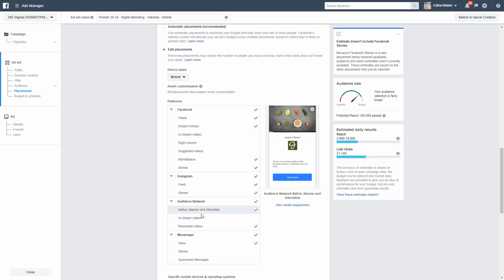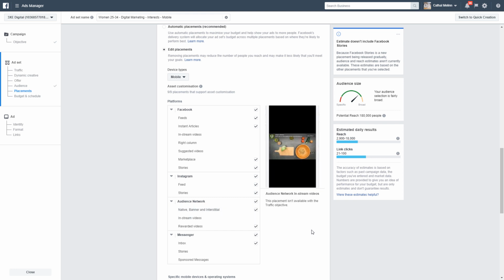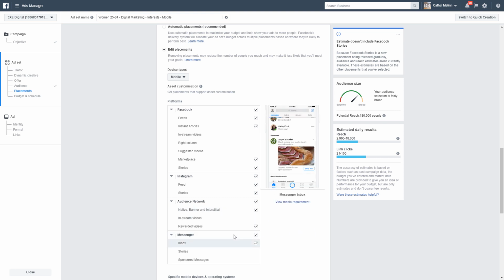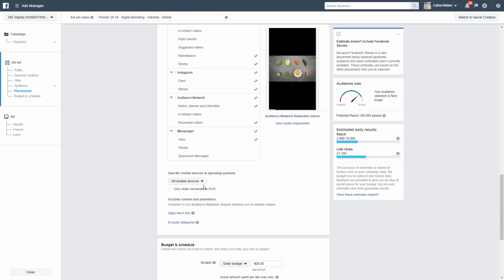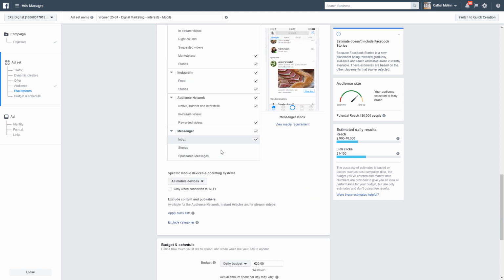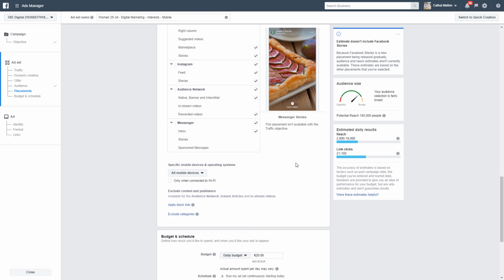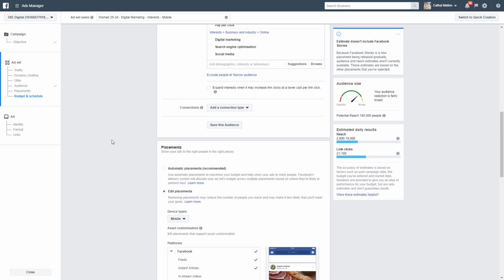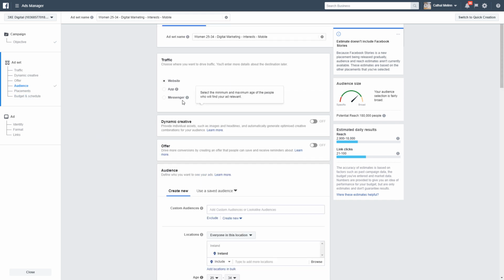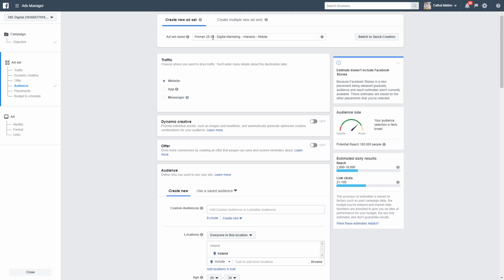So you can target a Facebook audience outside of Facebook. It's quite useful for just expanding your reach, and indeed we're able to target people using Messenger. We can choose, if we wanted, different types of mobile devices. And then, now that we have set up our targeting group, remember, women 25 to 34 interested in digital marketing